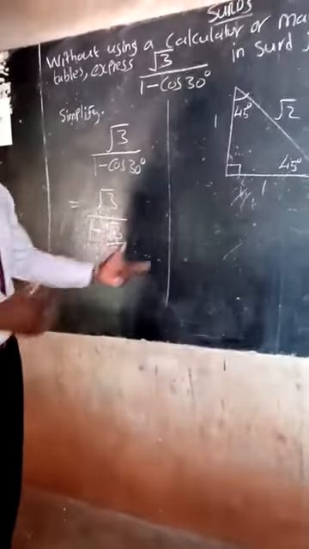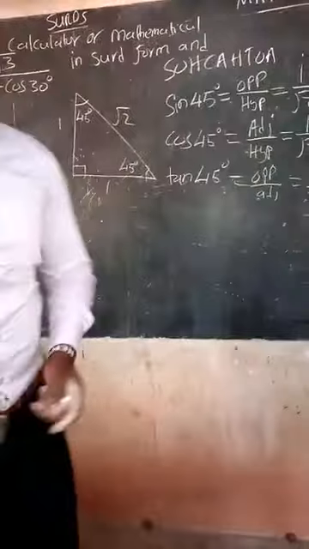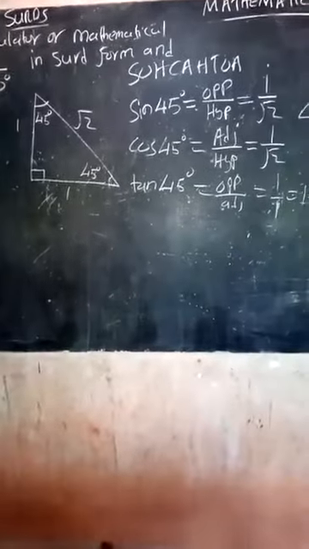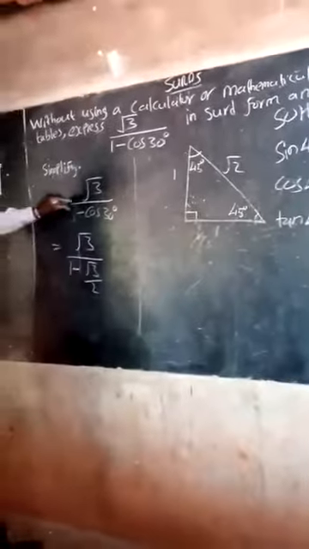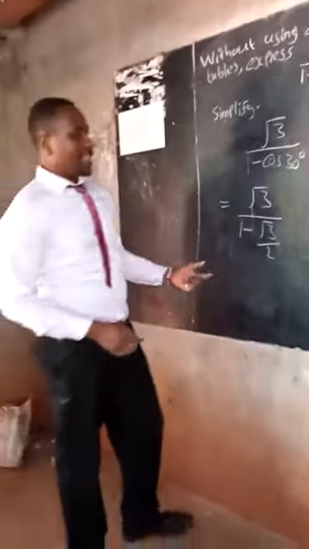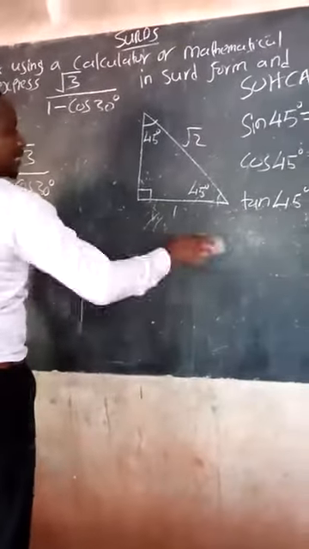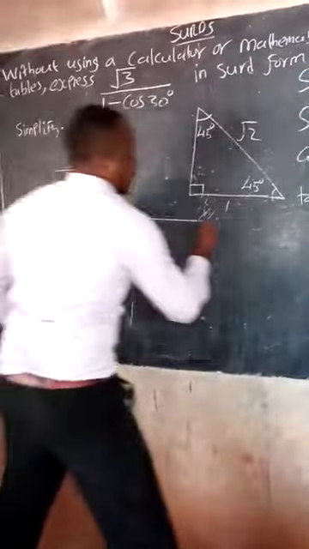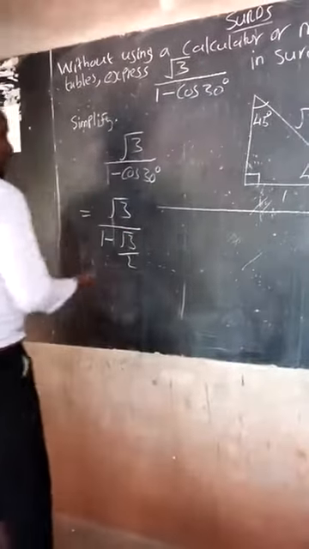So let's now, because we have known how to simplify them, let's simplify them out, and we shall be able to do more examples. So what do you do here now? Since now we have written cos 30 in standard form, we should simplify this. Let's simplify this out and see. I do it here. I rationalize the denominator.